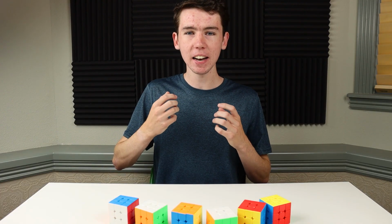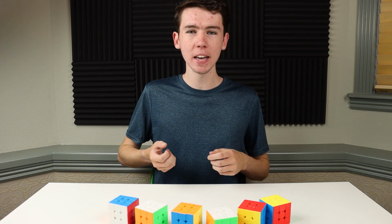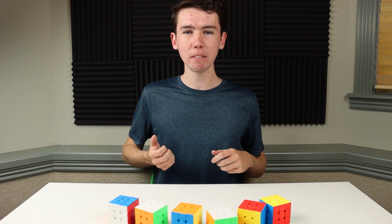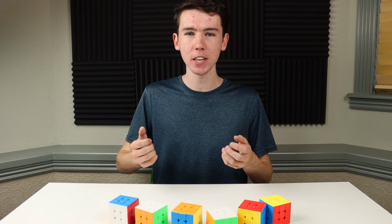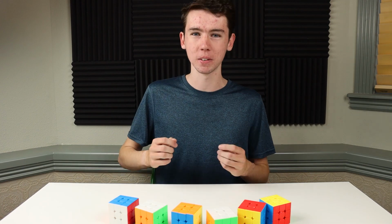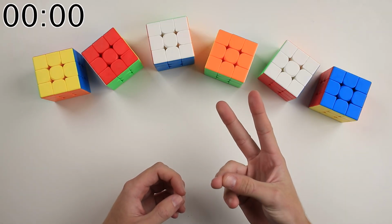But the one caveat to that is that it is a very long and tedious process. I think the last time I made 3x3 force cubes, it took at least an hour or two. So that's the problem that I want to try and solve in today's challenge. How quickly can I make a full set of 3x3 force cubes when I'm working as fast as possible? Let's find out. Alright, so let's get our timer ready, and then we can begin in 3, 2, 1, and